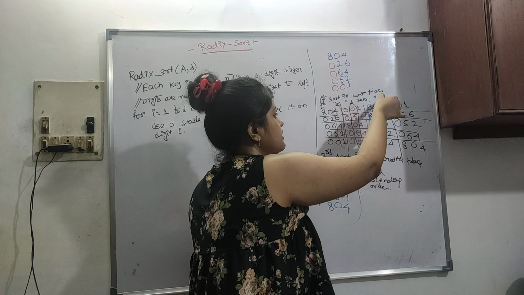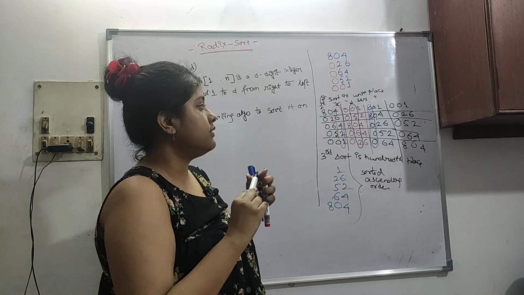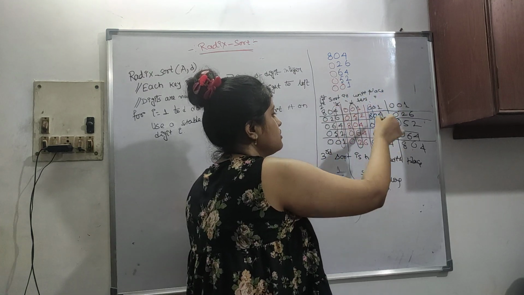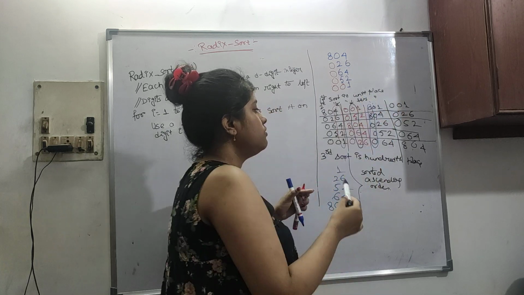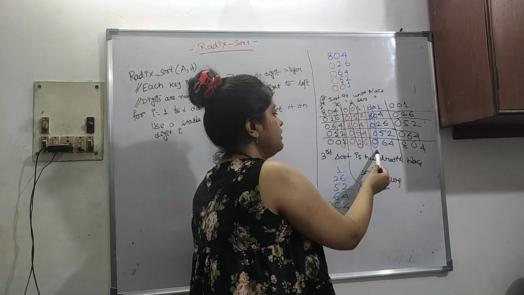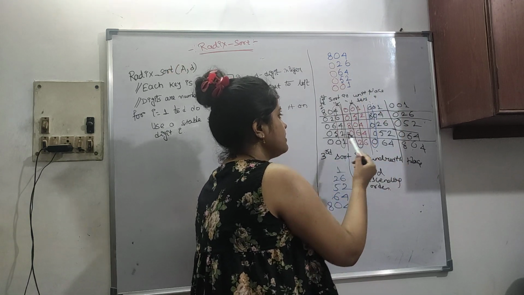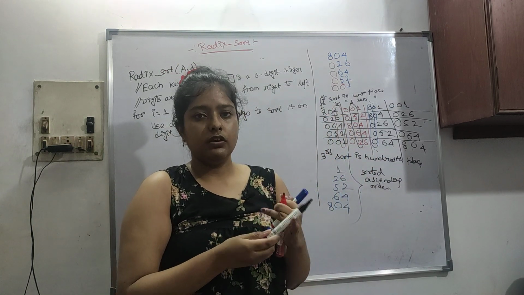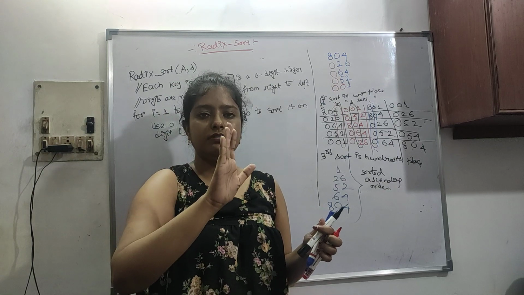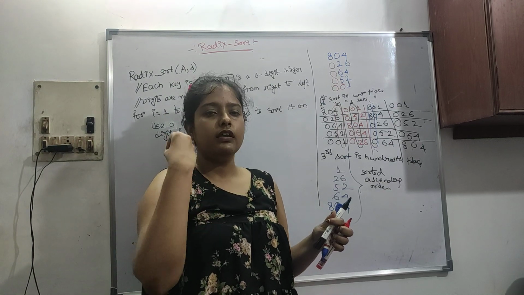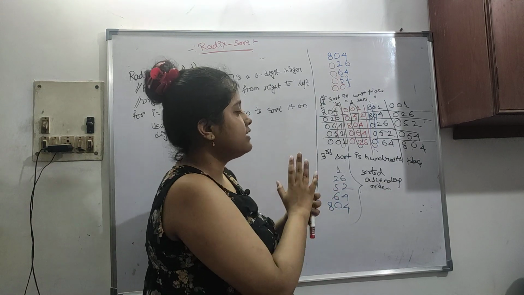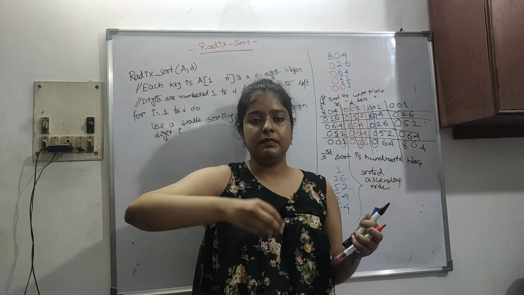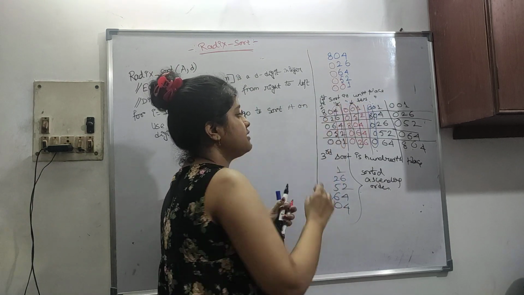After the second pass, this is coming, then we have to check our third digit numbers. So just check up here. The final sorted order will be here after seeing this. First the unit place is checked, a new sorted order is coming, and then after the units place is sorted, we have to check the tens place, the middle one. Here the middle one is the tens place.